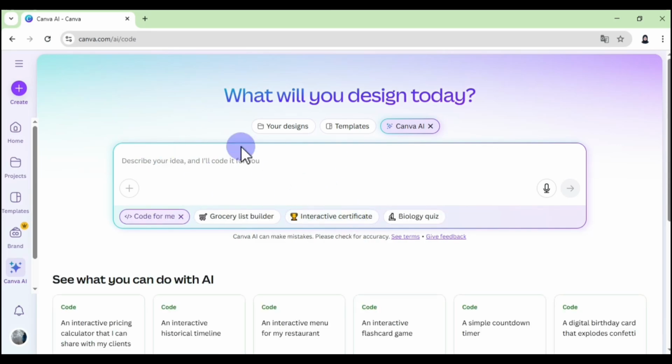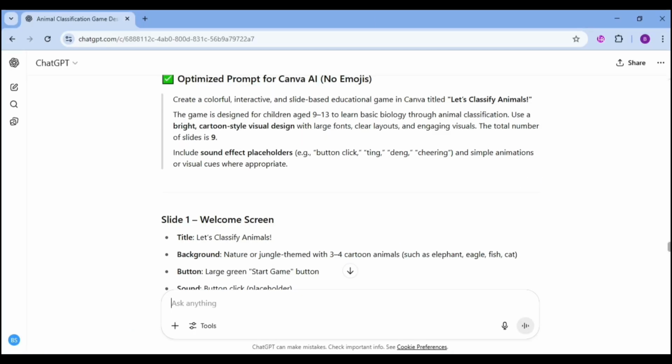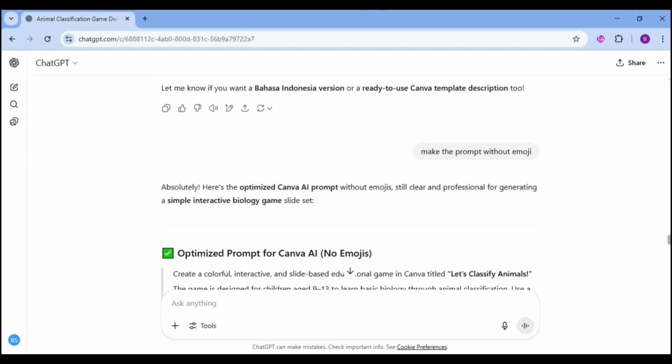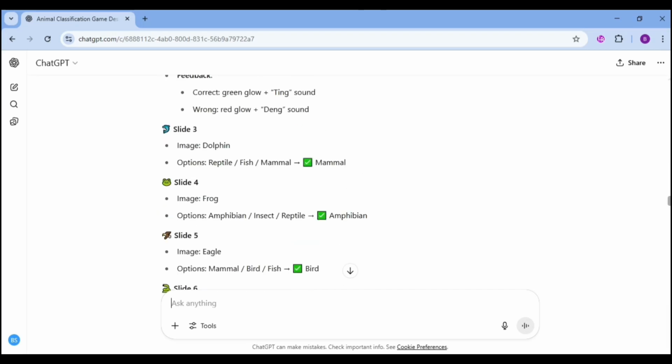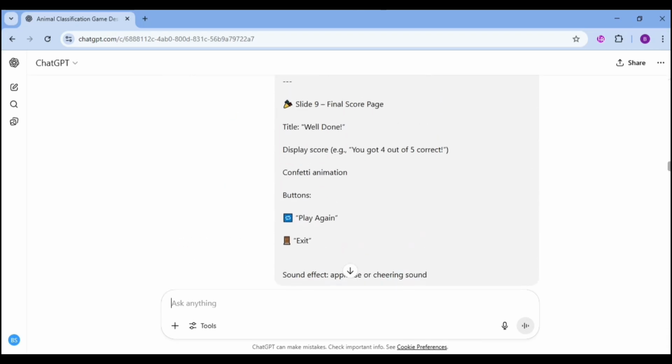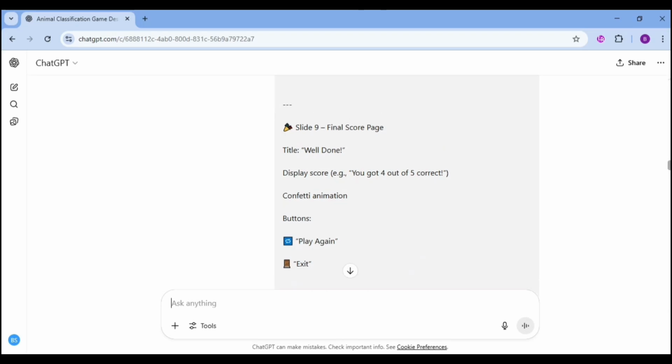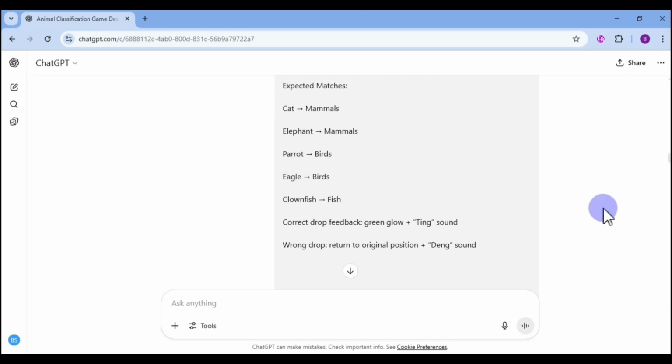And here you just need to input your prompt describing the game that you want to create. Make sure your prompt is detailed so the AI can generate the game exactly how you imagine it. And to help you write a great prompt, you can also use ChatGPT. You can ask it to optimize your basic idea or even create a full prompt just by explaining the game concepts in general. For example, I already have my own prompt like this, and I asked GPT to